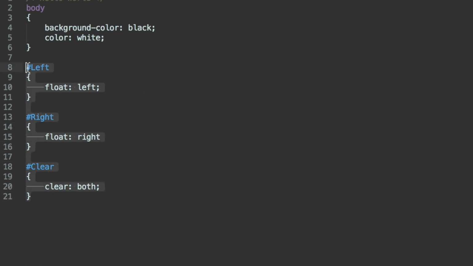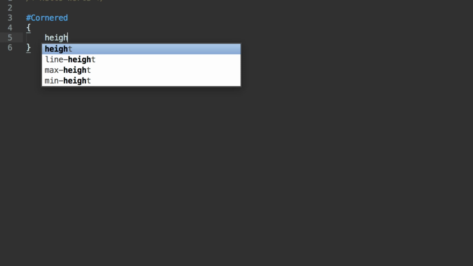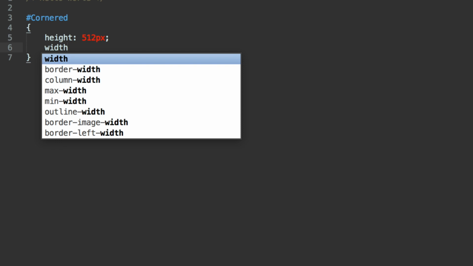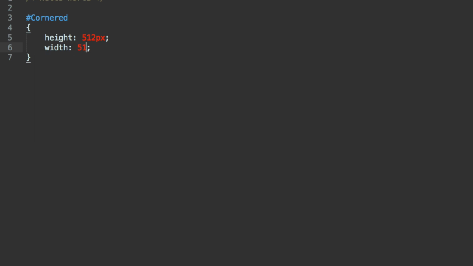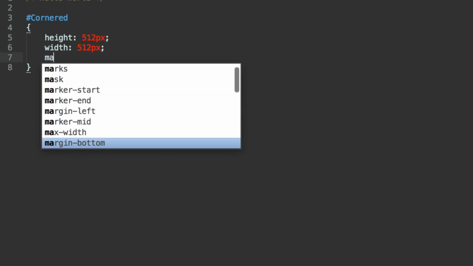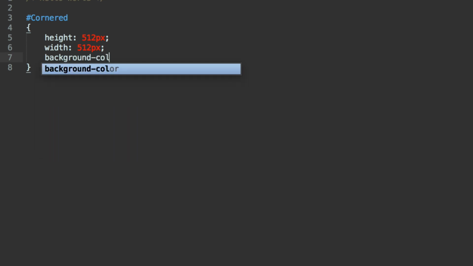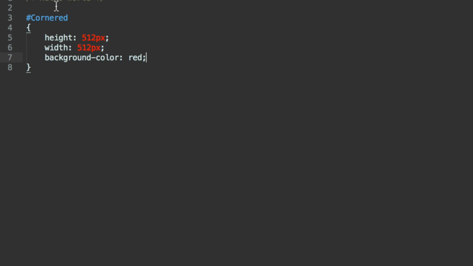If we go to our index.css, let's zoom in a bit. Yeah, that's fine. So what I'm going to do is actually remove all of this code, and in here I'm going to put hash cornered. I'm going to put a height of 512 pixels. These are just arbitrary numbers to visualize what we're doing, which is rounded corners, but you can design it however you want. I'm going to put a margin. Before I put a margin, I'll show you why. So put background-color as red,